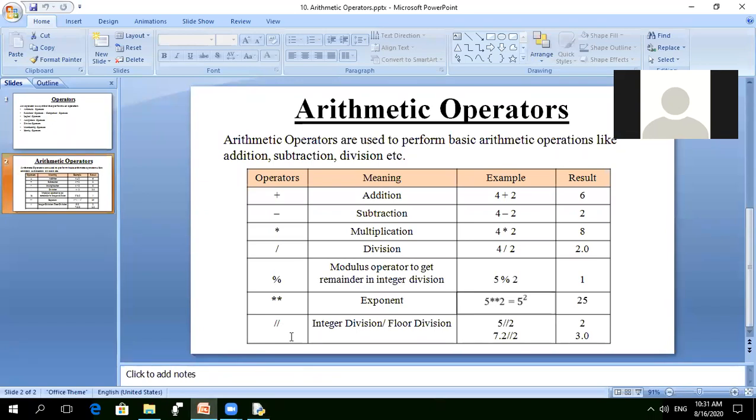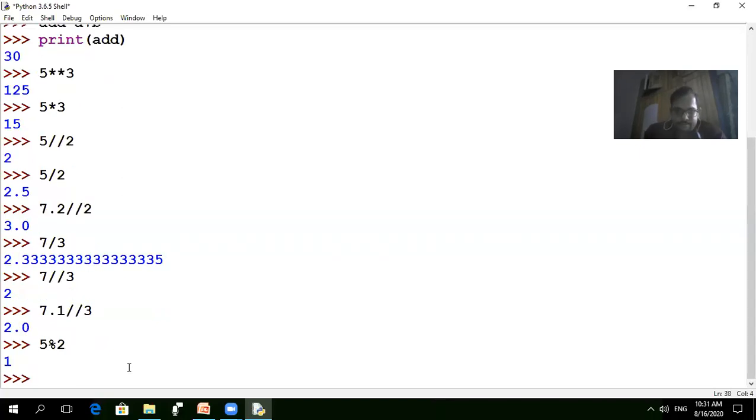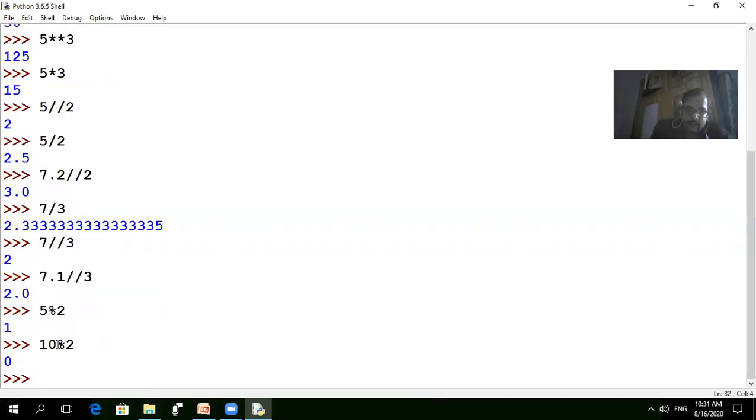Now come back. So all the portions we have completed. Addition, subtraction, multiplication, division, these are very simple. ये आपको आते होंगे इसलिए मैंने सॉल्व नहीं किए. ठीक है? Now one is left, that is called modulus. See here, in the case of modulus, the result is 1. Any number you can take like this. See here, 10 modulus 2. In this case you will get no remainder. No remainder means the answer is 0.